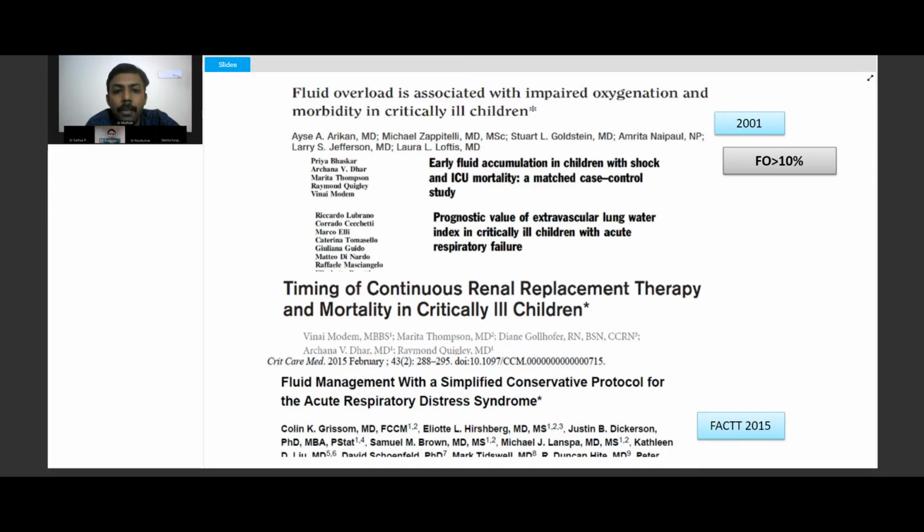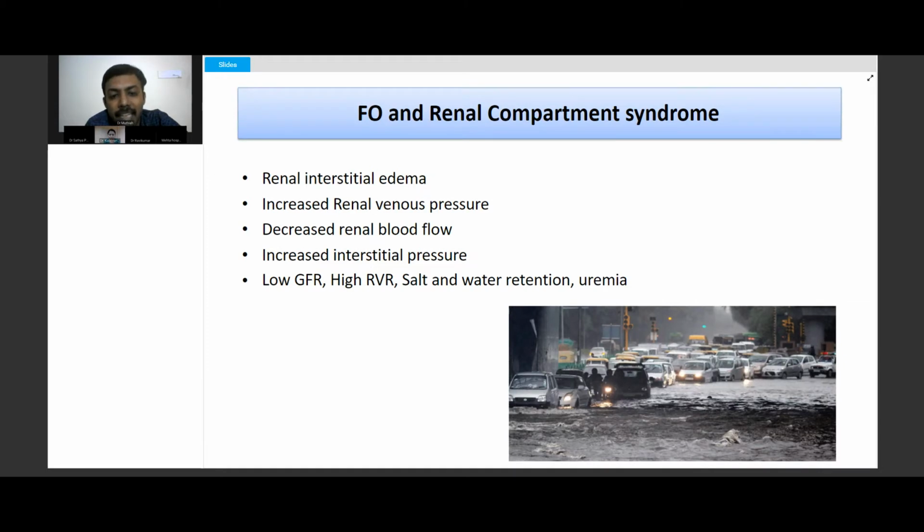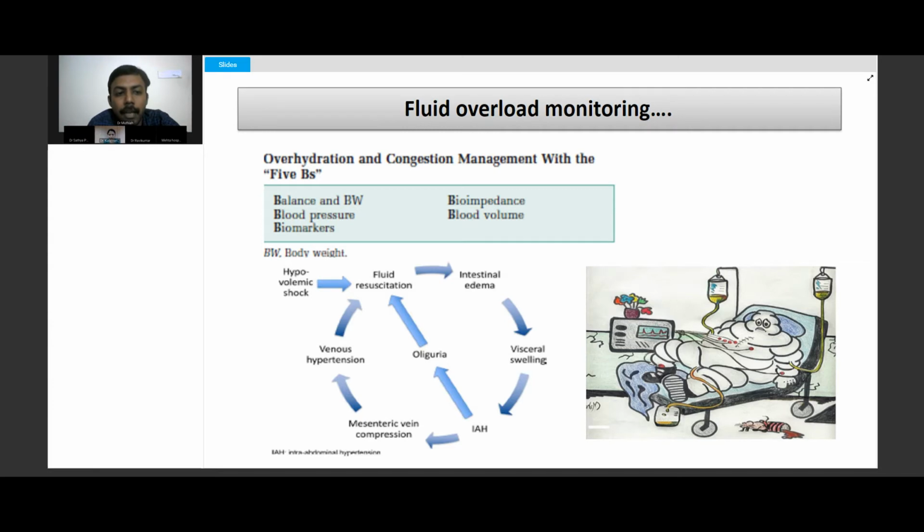And what happens to the kidney in fluid overload? There is renal interstitial edema, increased renal venous pressure, and decreased renal blood flow, and because of that, there is low GFR, high renal vascular resistance, and salt and water retention and uremia. You can see it like a jammed road because of flooding. The vehicles are not able to move properly, right? This is what happens here. And we can monitor fluid overload by tools like intake-output balance, body weight, and now more numerically by bioimpedance testing and ICON. We have so many things to check the total fluid, thoracic fluid content and everything,